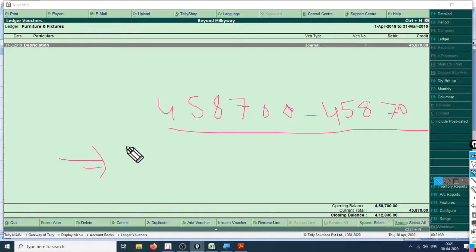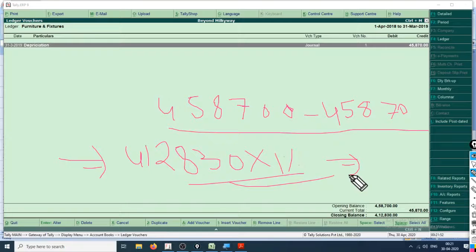The new value is 412,830. Now we have charged depreciation on this one. That is totally okay. But we have also made an addition, 6,50,000.